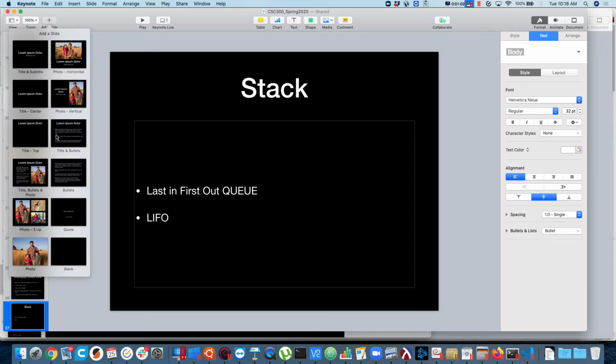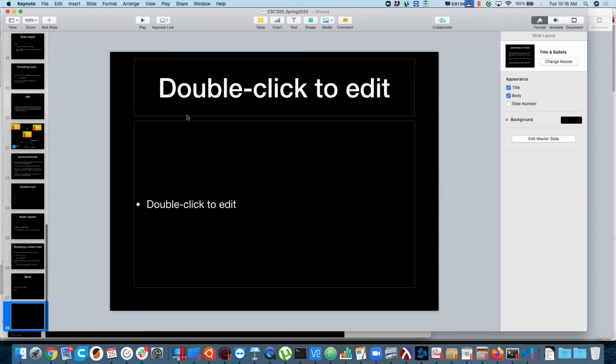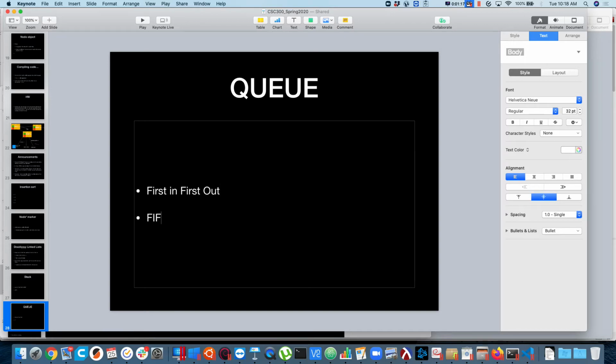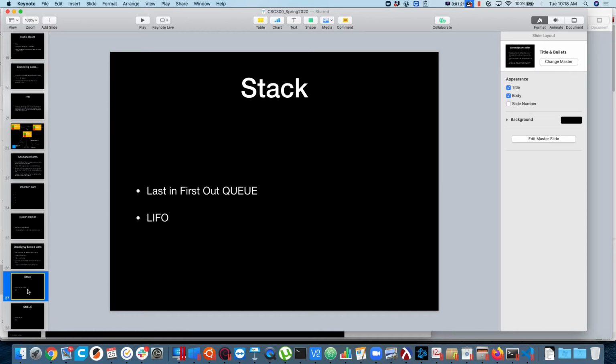As opposed to a queue, which is effectively a line, right? So this is first in, first out, FIFO. All right, so these are actually specific implementations of linked lists that are less general